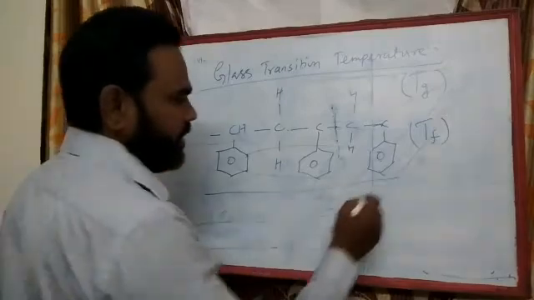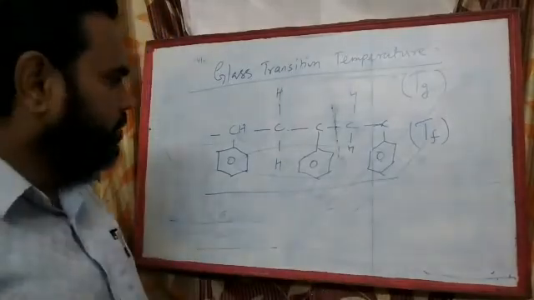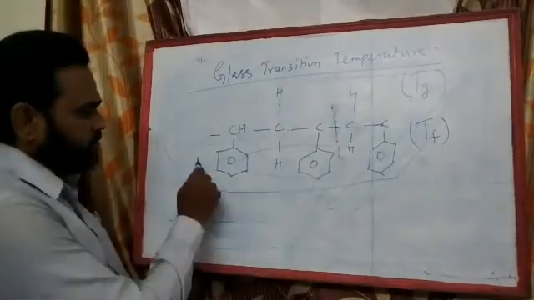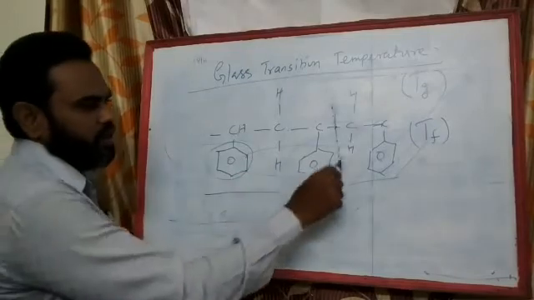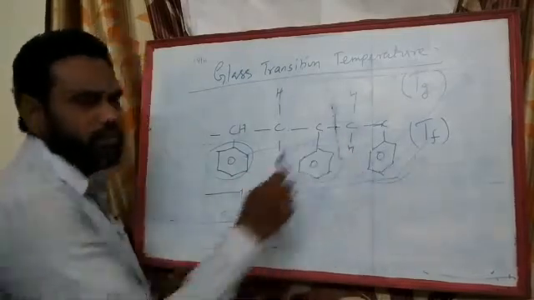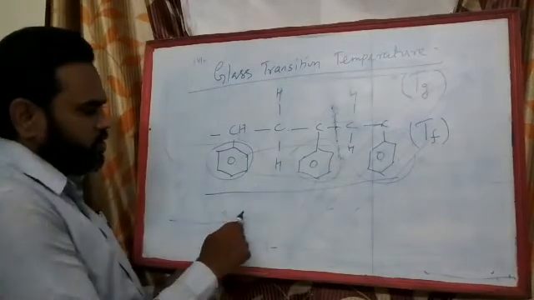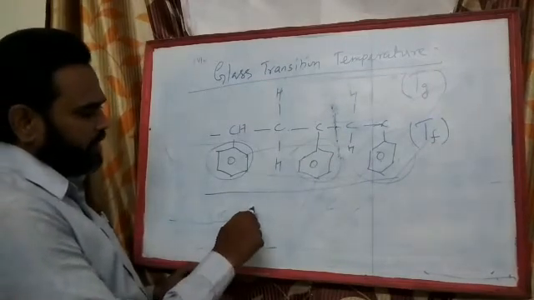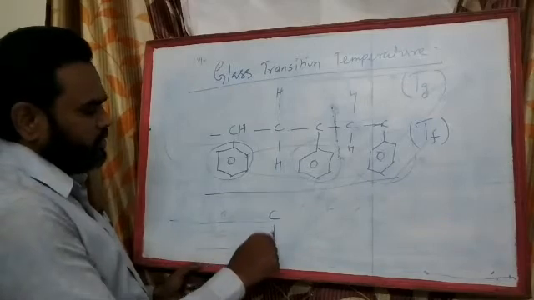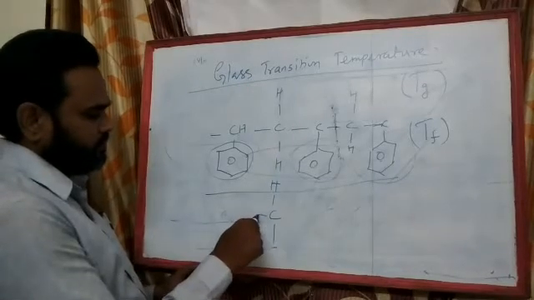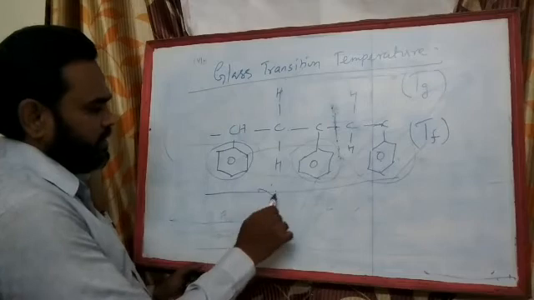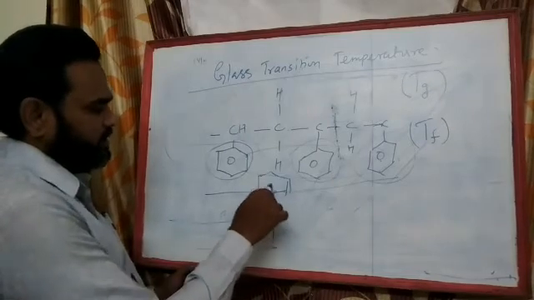This polymer chain is rigid when compared to ethylene because it consists of a bulkier phenyl group along the chain. So this will not allow the chains to move. If suppose you have a neighboring chain here,